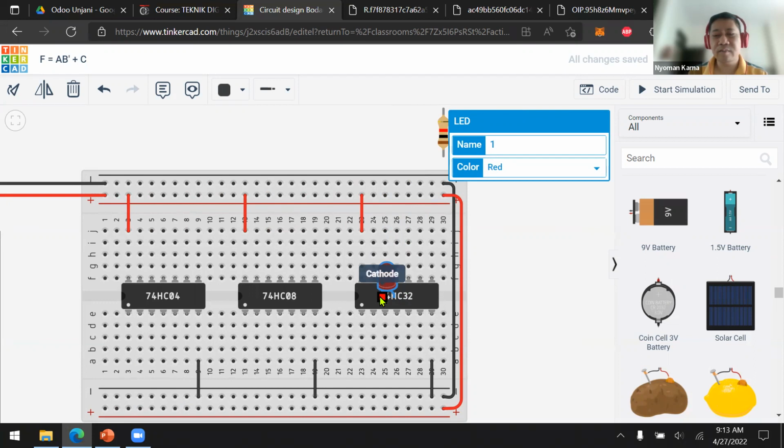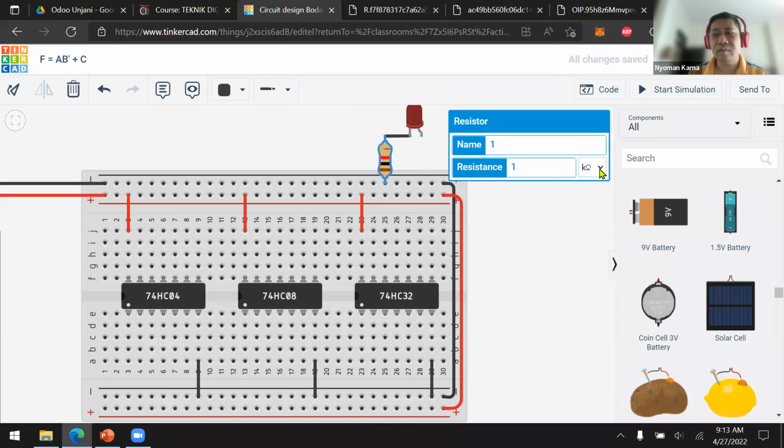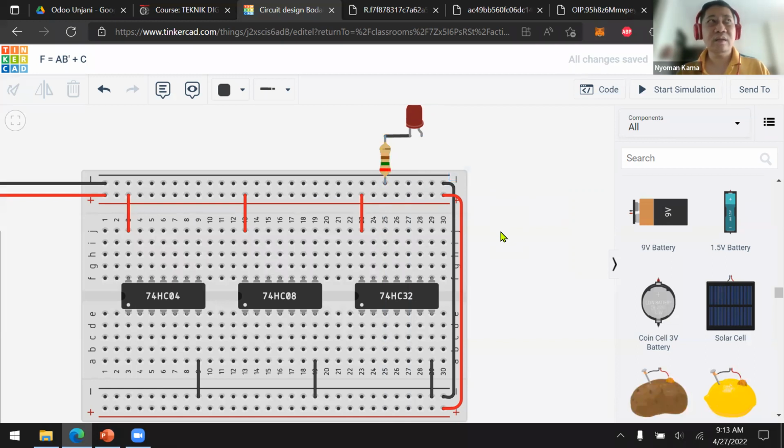This is the cathode, this is the anode. Then we need to use a 250 ohm resistor just to make sure that the current is not going over the threshold of the LED lamp. Then the anode will go to the output.